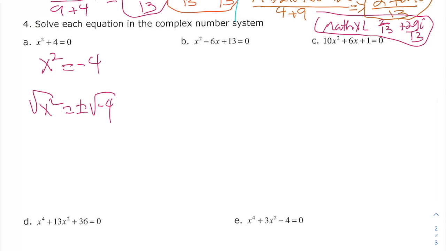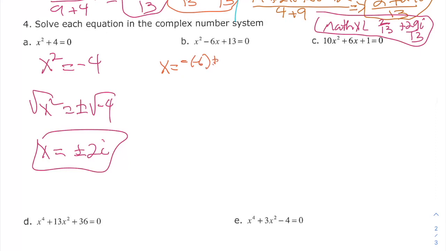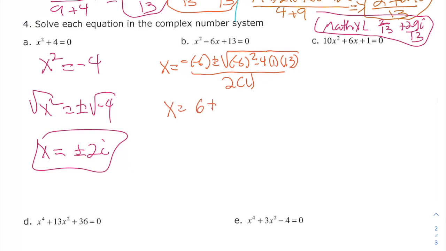And in the past, I would say, well, write no solution, but now we know complex numbers, so now we can officially say it's plus or minus 2i. Over here, we could try factoring, but there are no two numbers whose product is 13 and whose sum is -6, so you have no choice but to use the quadratic formula. So x equals the opposite of -6 plus or minus the square root of -6 squared minus 4 times a times c, all over 2a. So x is equal to 6 plus or minus